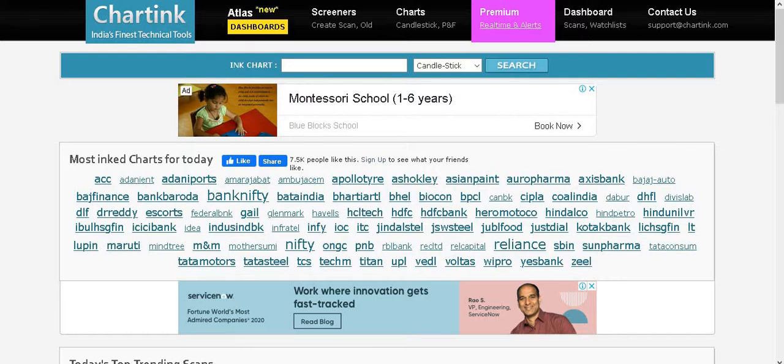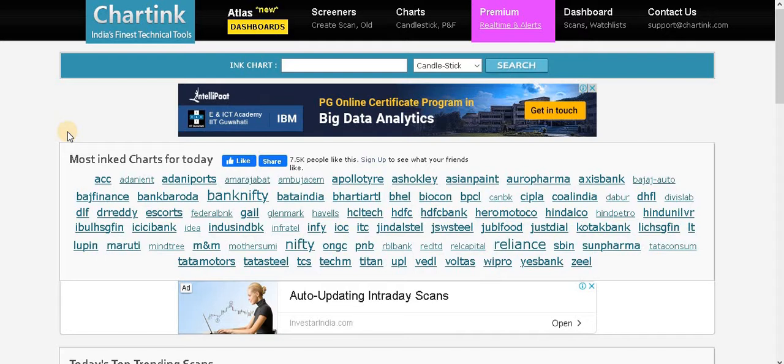So to make things easy, especially for intraday traders who have very little time in the market, it is advisable that you create particular scanners based on the terms, conditions and rules you have set.